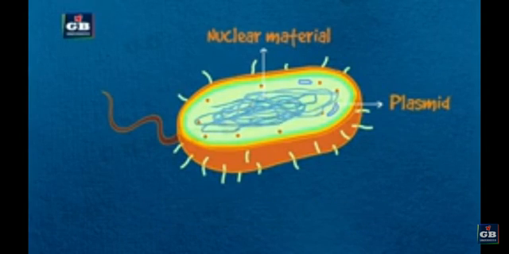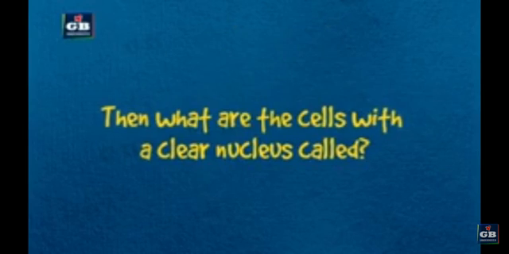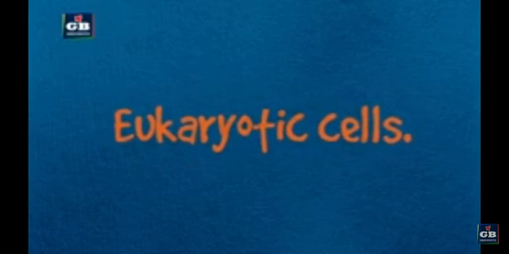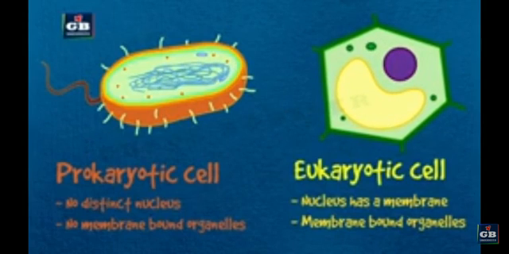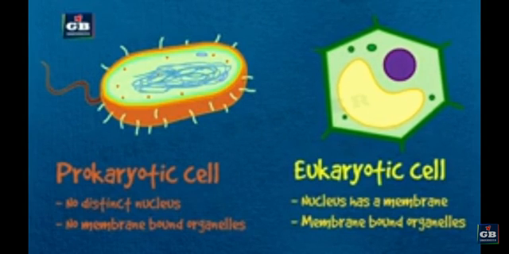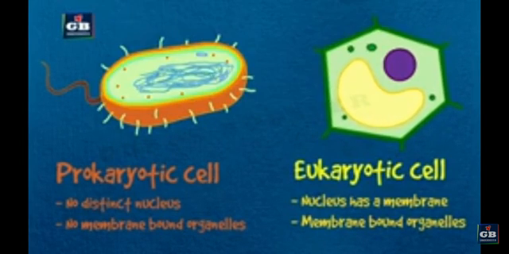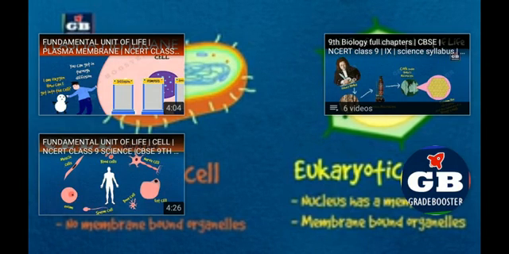Pro means primitive or primary. Karyote means karyon. Then what are the cells with a clear nucleus called? Eukaryotic cells. Are there any other differences between prokaryotic and eukaryotic organisms? In prokaryotes, beside the absence of nuclear membrane, the membrane-bound organelles are also absent. On the other hand, the eukaryotic cells have a nuclear membrane as well as membrane-enclosed organelles. So by this, we understand that prokaryotic organisms have poorly organized